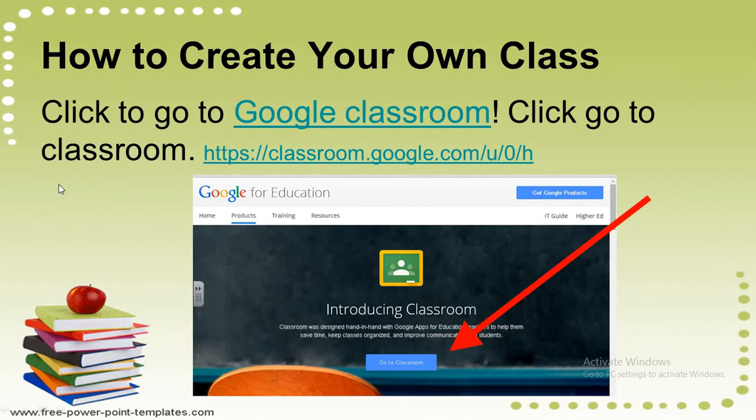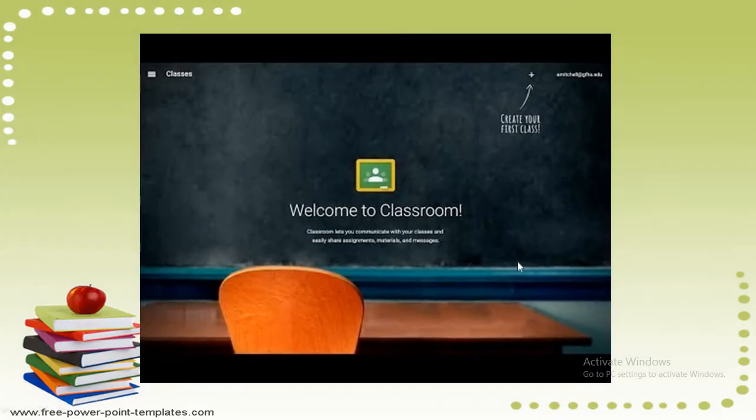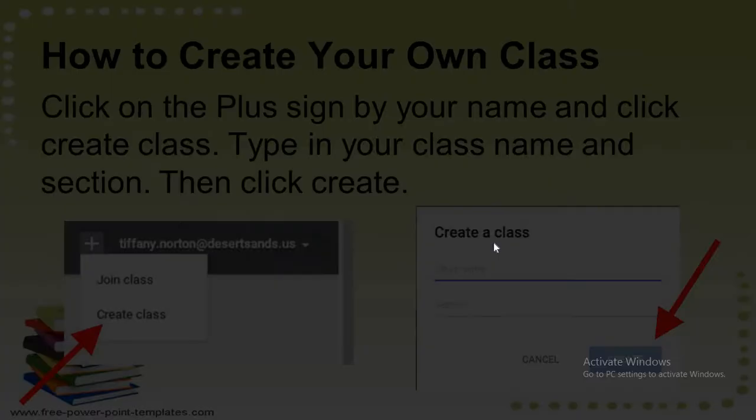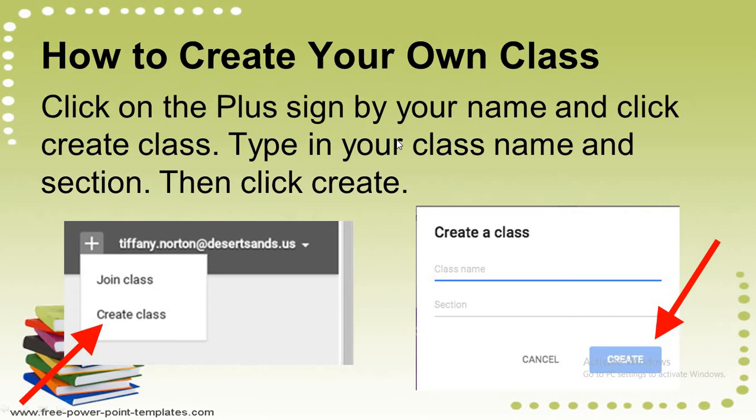So either you go through Gmail or you directly open a web browser and type classroom.google.com, then you will get this window. This is the window of the classroom. When you get the first page, you can see these options: join class, create class. As a teacher we have to create a class, and for children they will click on join class.